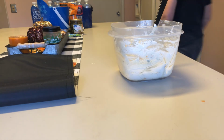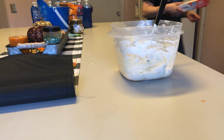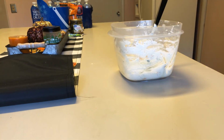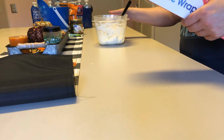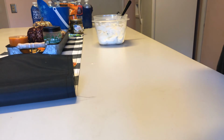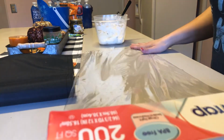Get my plastic wrap. I should have grabbed all this stuff before, but I guess I wasn't thinking. So you will need plastic wrap. You'll need a thing of plastic wrap to wrap it in. So you take your plastic wrap, and you want to get it big enough to where you can,